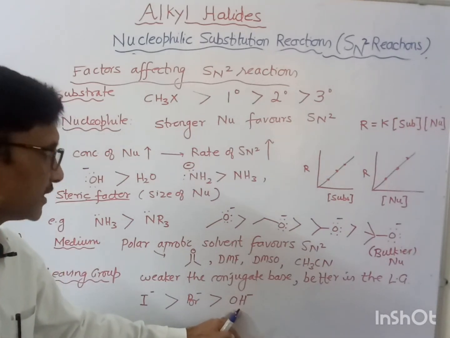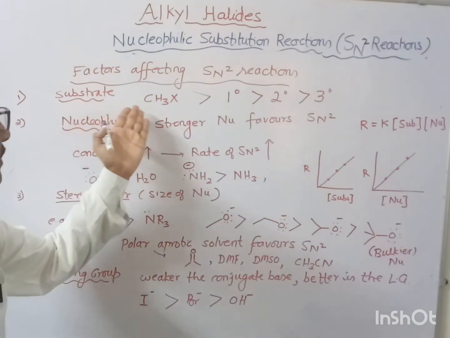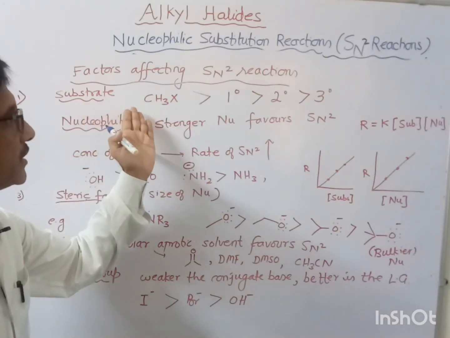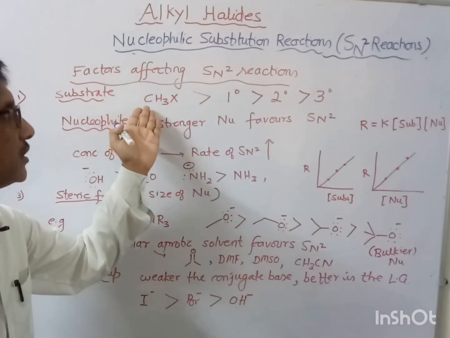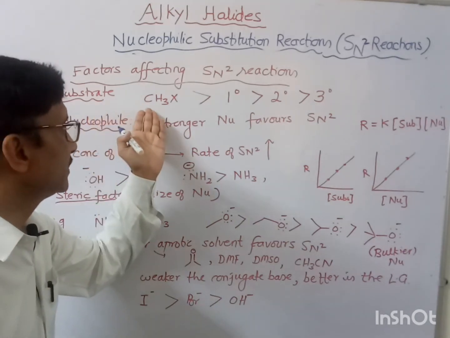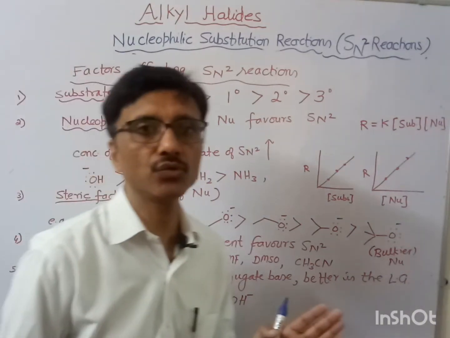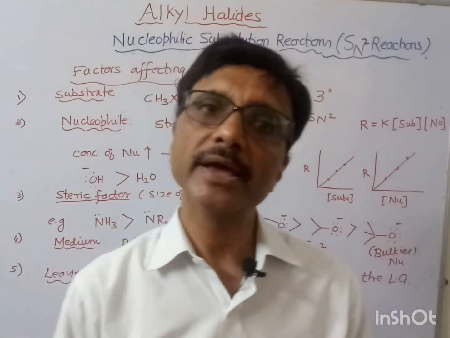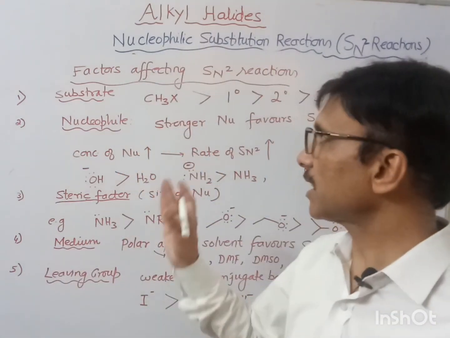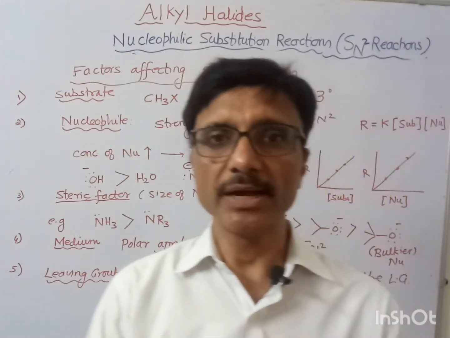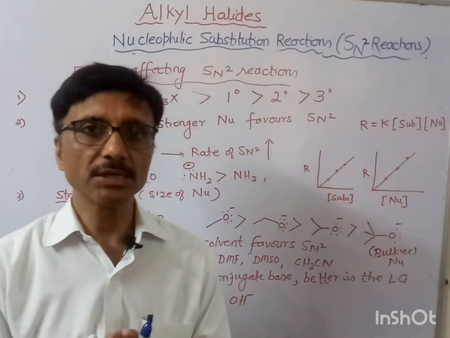As hydroxide ion is a very poor leaving group, for the nucleophilic substitution reaction we don't take alcohol as a substrate. Alcohol doesn't undergo nucleophilic substitution reaction in normal conditions. Okay, so these are some of the factors which affect the SN2 reaction. Now in my next lecture I will discuss the